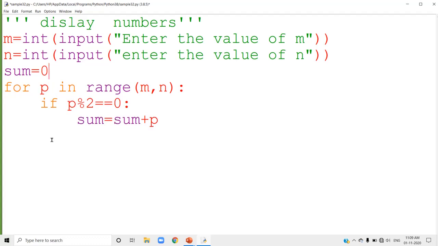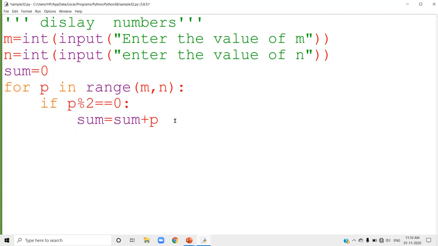Here you don't want to update the variable. Updation is automatically done by the for loop itself. It will automatically update the variable by 1. So here we don't want to update it. The for loop will update the value. Now you will get the sum.